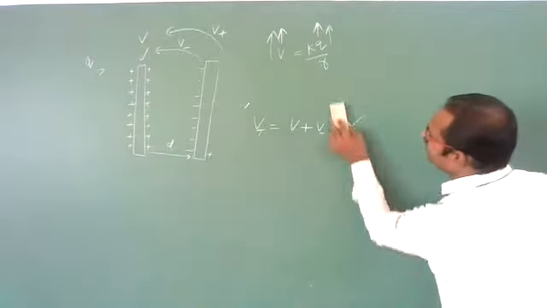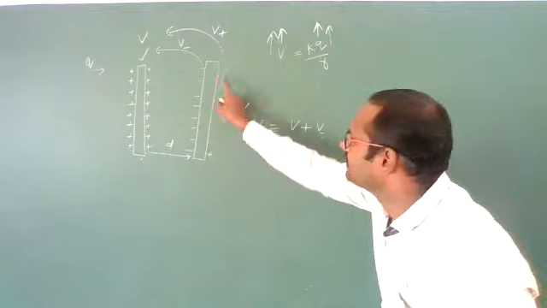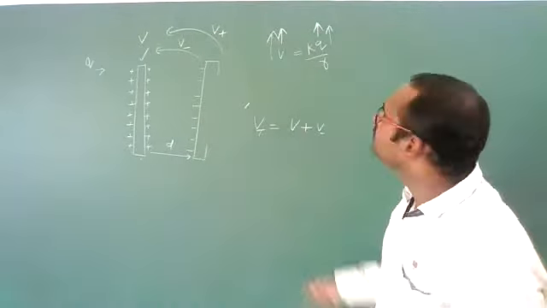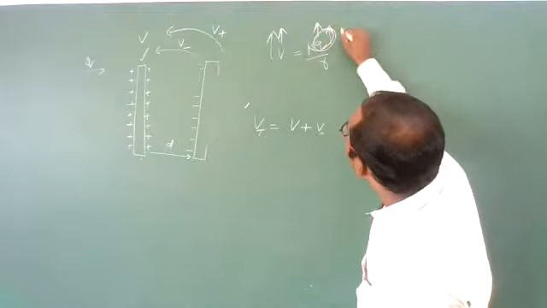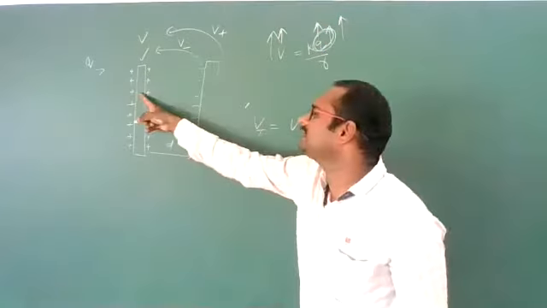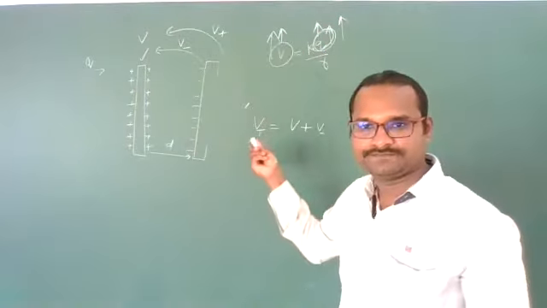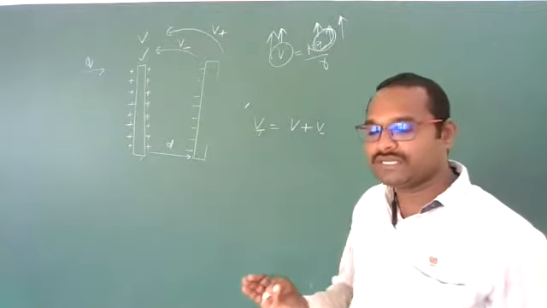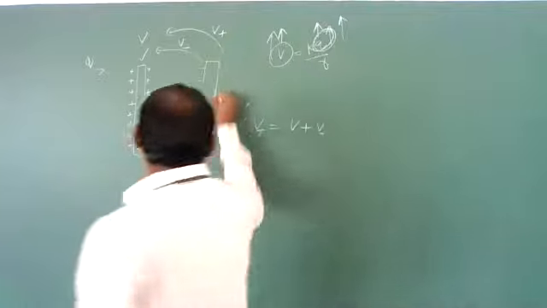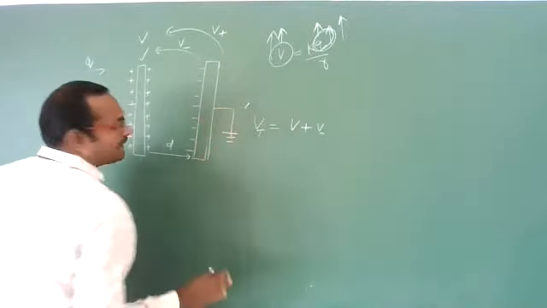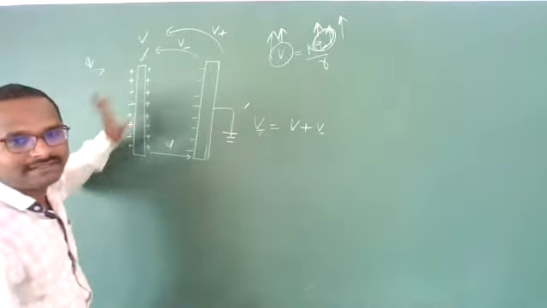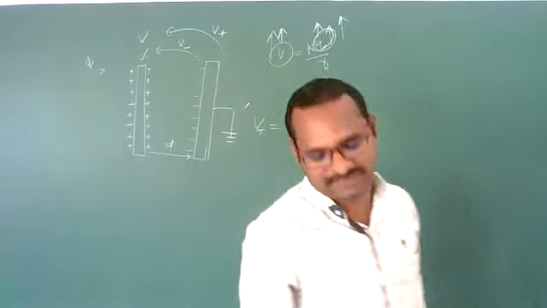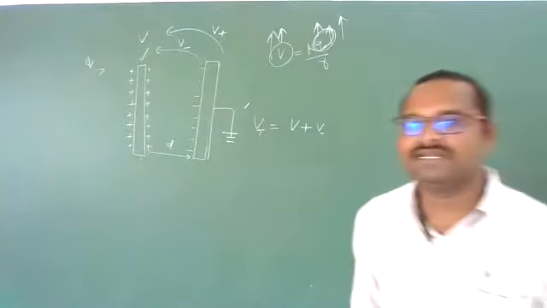So the total potential will become V plus V minus, due to the negative charges only. The potential has been reduced more. Due to that, you can give more charge to this conductor to bring back that voltage. It means you are able to store more charge on a conductor when you bring an earth-connected neutral conductor near it. Got it? This is the principle of the capacitor.